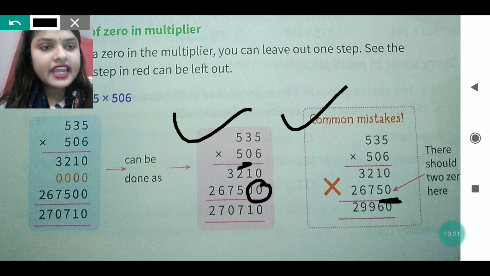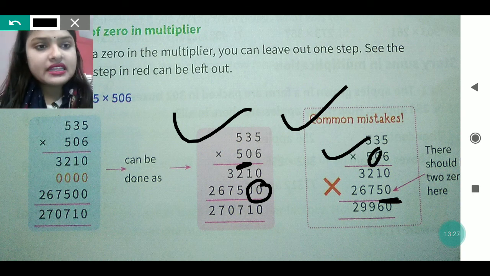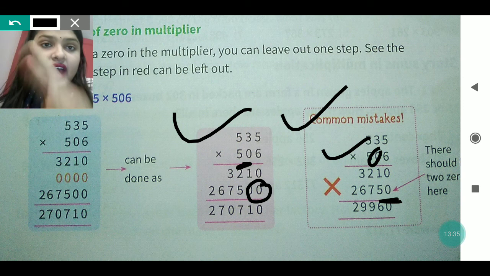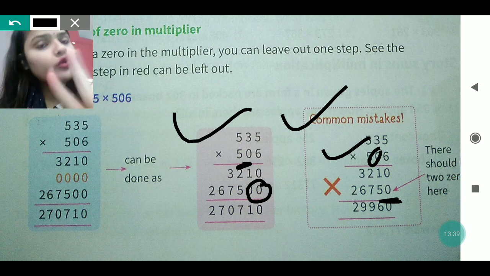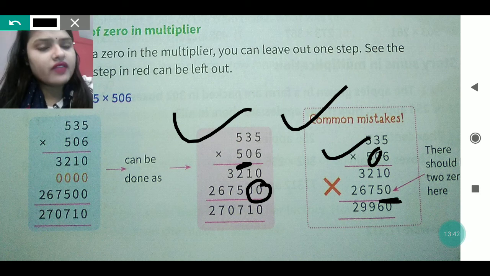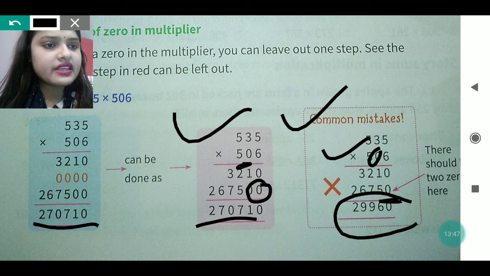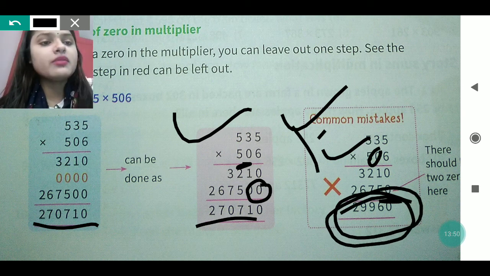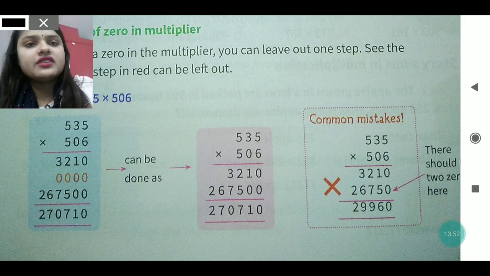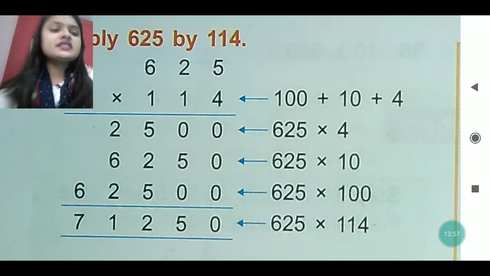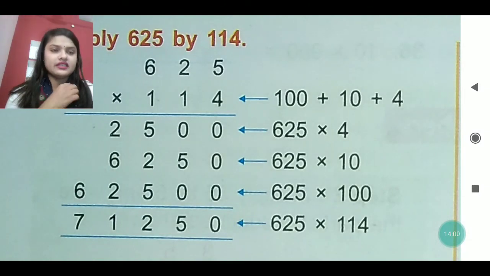Because in this one we have left the second place, the 0 place we have forgotten. But in this one we have mentioned that 0 also, because when we are multiplying with 0, we leave the first place, and when we are multiplying with 5, then we leave 2 places. So here 2 zeros have been put. When we multiplied here and here, you see the same answer, but in the third one the answer is different. So this one will be wrong if you do it. So keep this in your mind, that you have to multiply with 0 also. See student, in this one also you can see how it is being done.